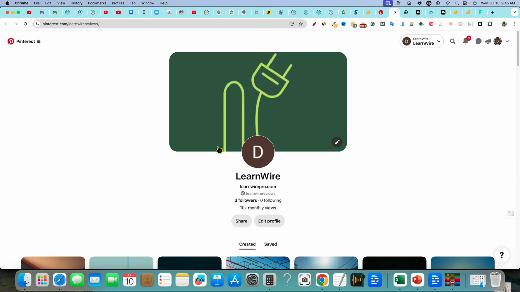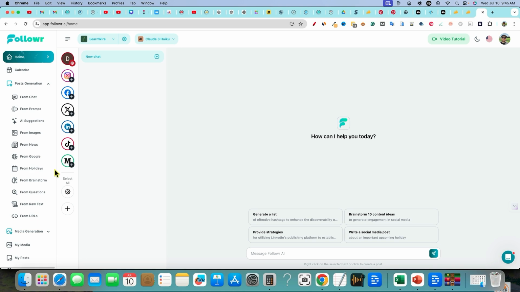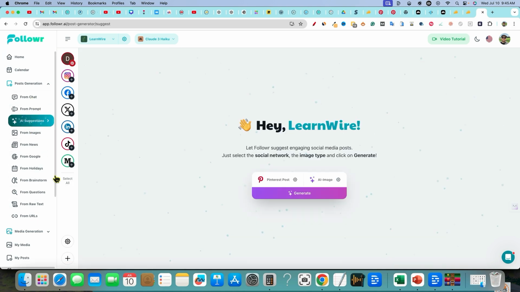So I have a combination, and I am using the 3 tools, and I can kind of explain why I'm pretty much gravitating to 2 of the tools right now. But we would go back in here into Follower, and what I like to do is I like to use these different ones. Sometimes if I just need something scheduled, I'll go into AI suggestions, and literally I'll just choose right here. You can choose if you want the creative images, and I don't really like the creative images that they create,